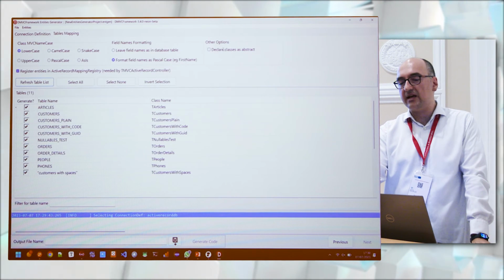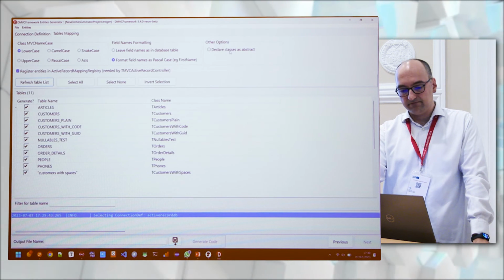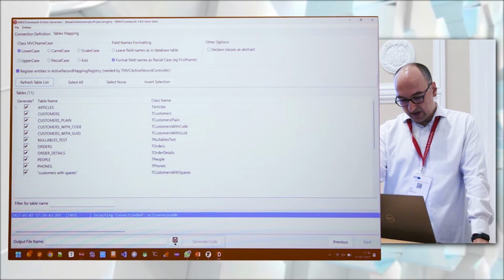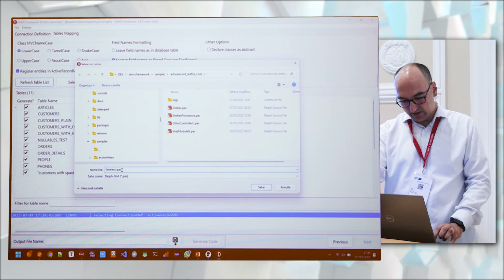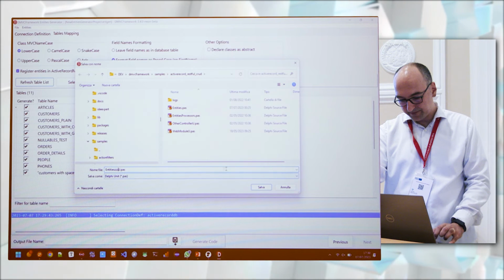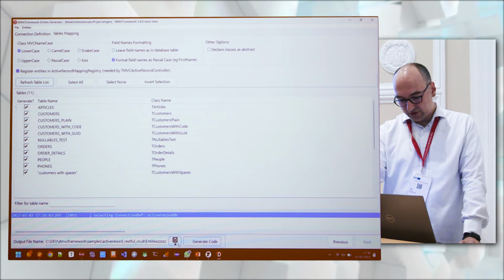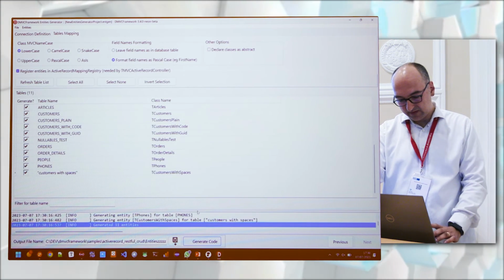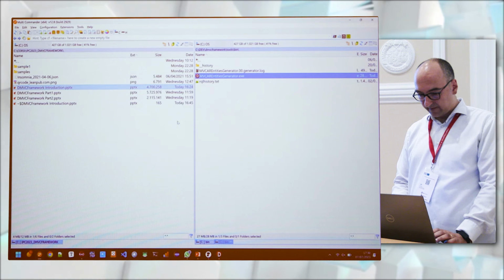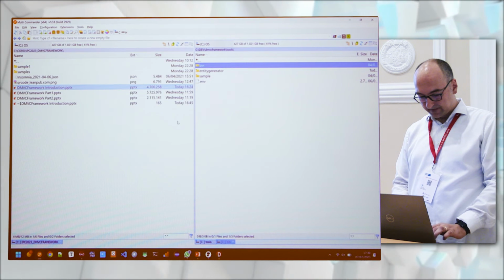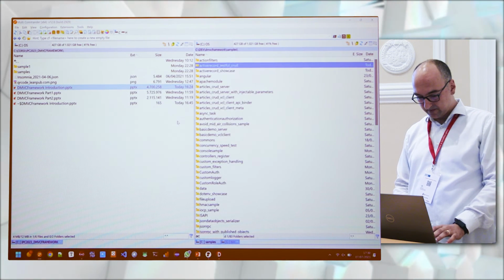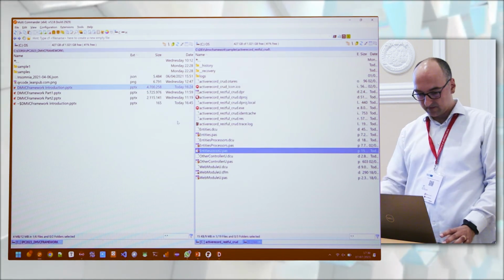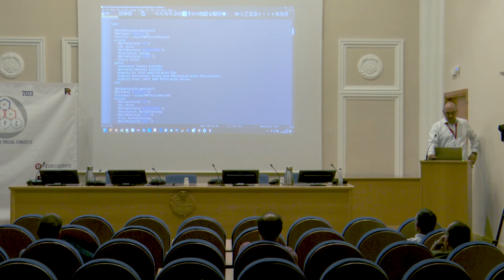You can also declare classes as abstract. And in this way, you can just, for example, call it entities, generate code, that's it. And here you have the generated entities.